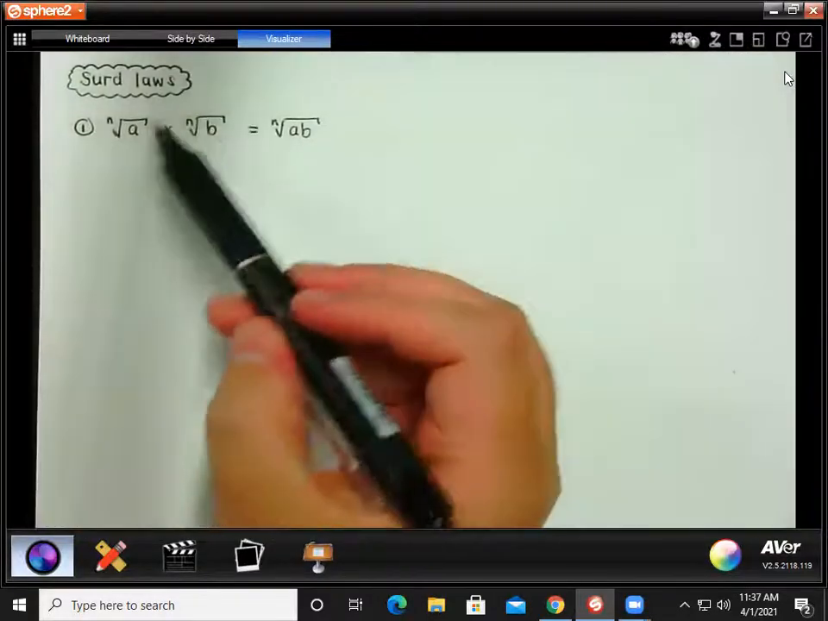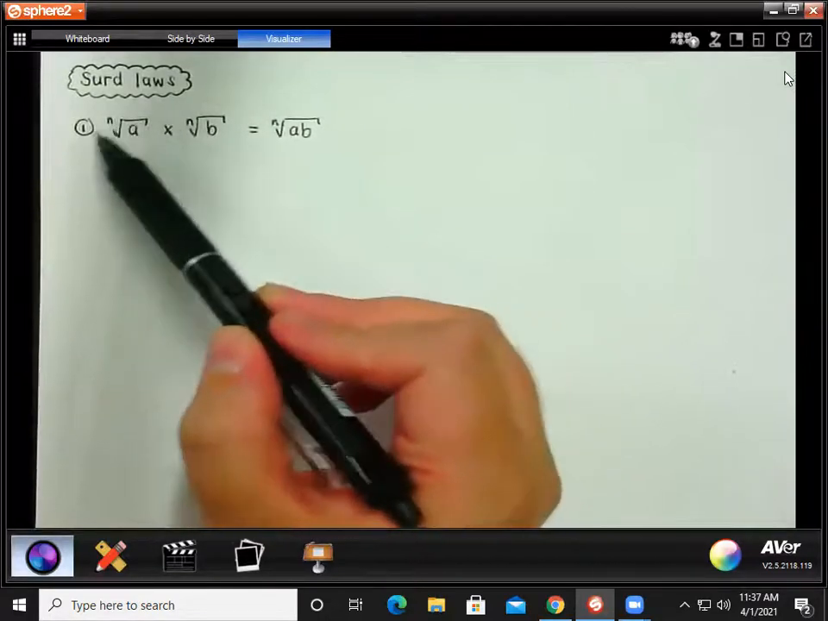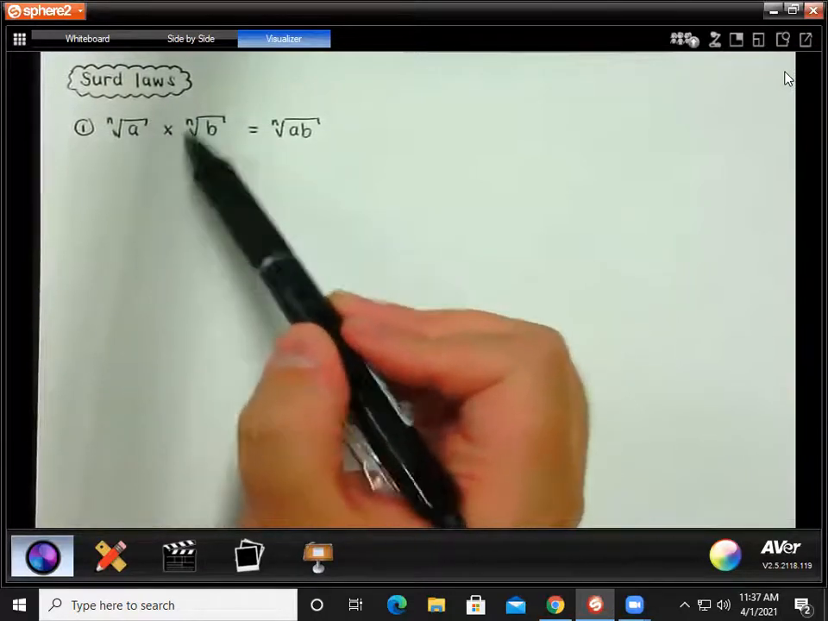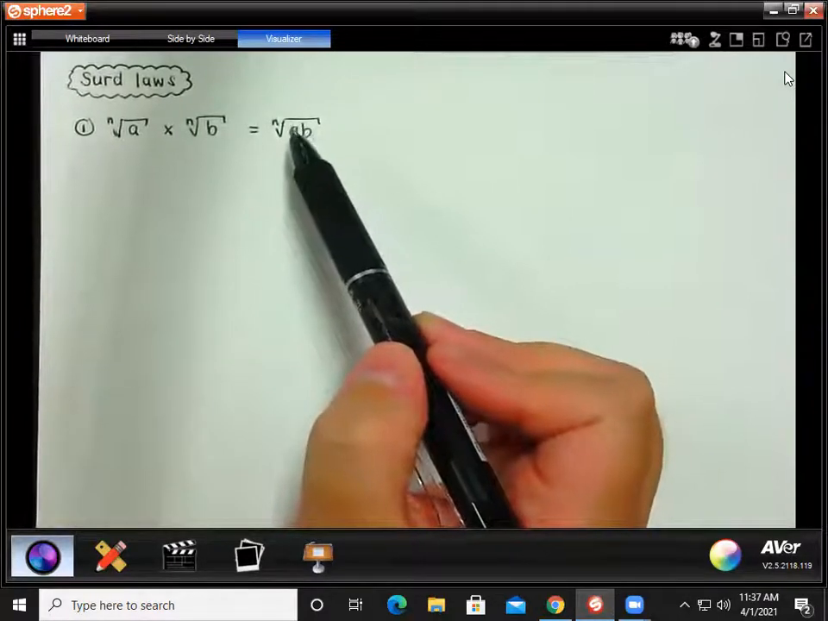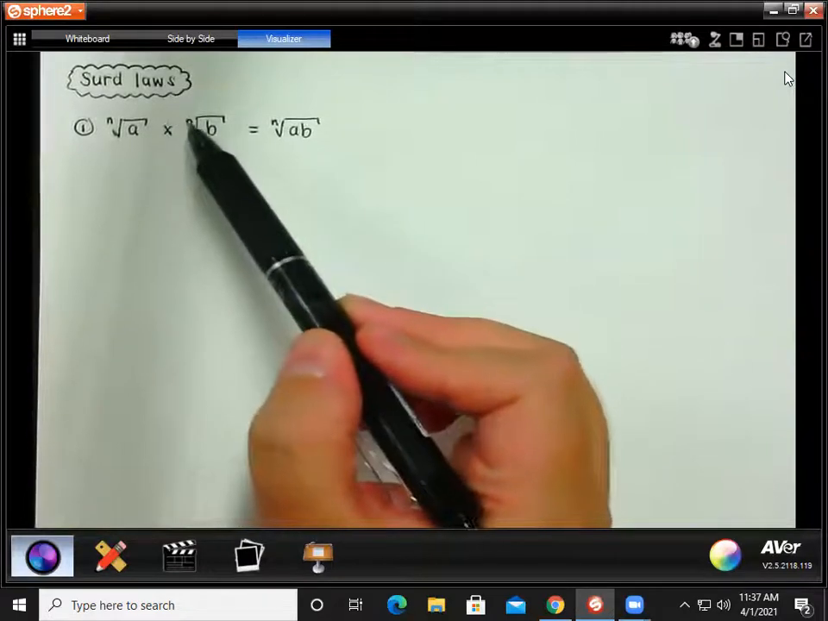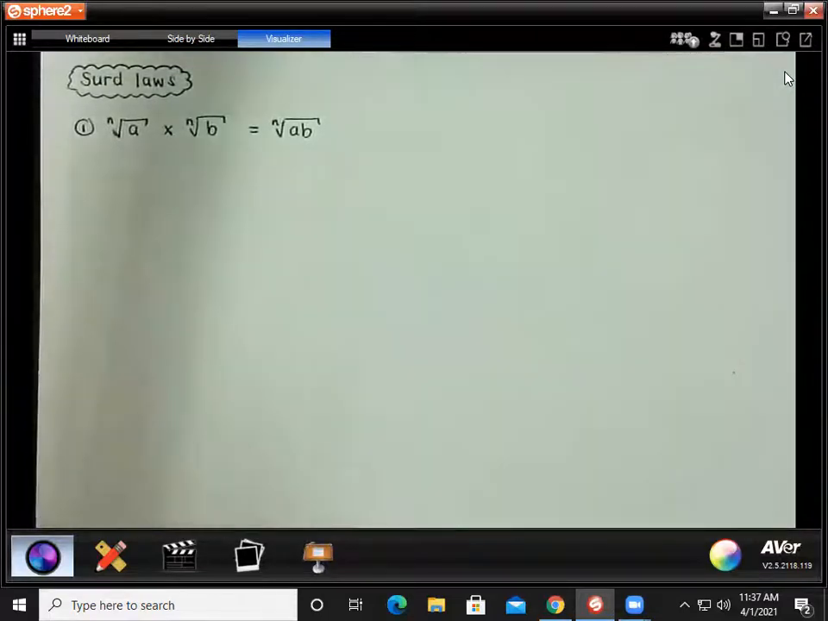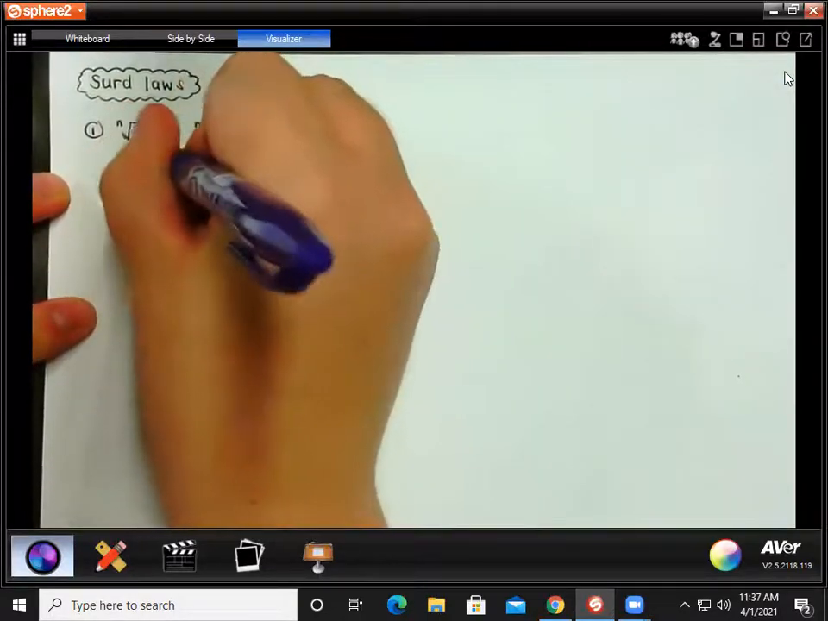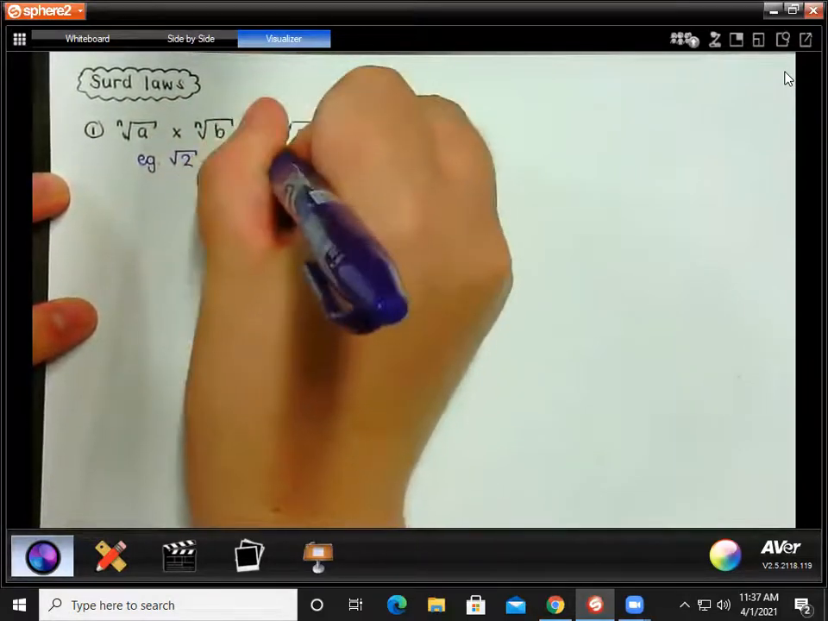Okay, so basically this is just saying that if you have two roots and they're the same roots, for example two square roots, or two cube roots, or two fourth roots, whatever, as long as they're the same roots and you're multiplying them, then you can combine them into one root, that same root, and multiply the expressions in those roots. So for example, I'm just going to do an example in a different color here. If you have the square root of 2 multiplied by the square root of 32,